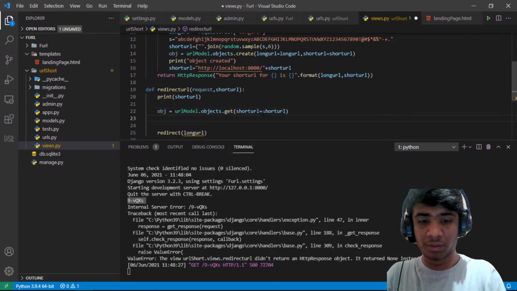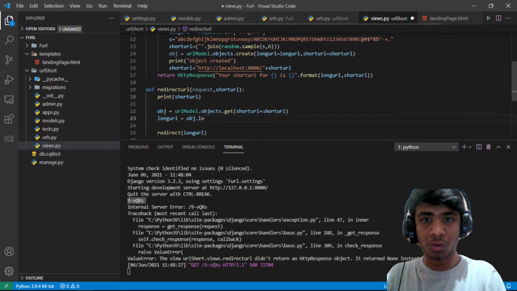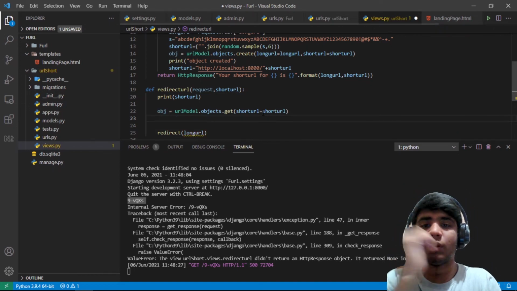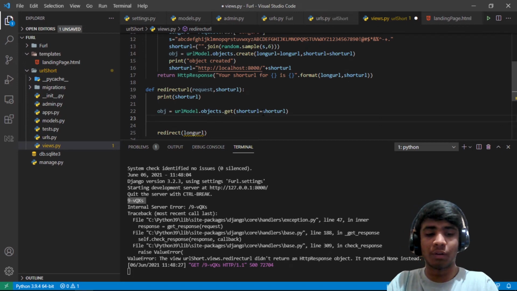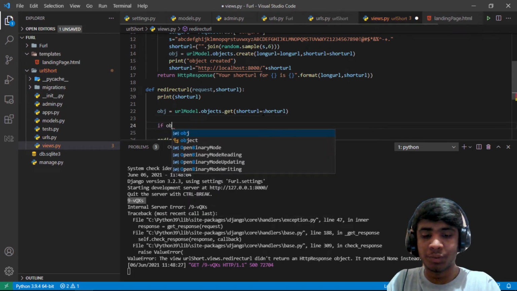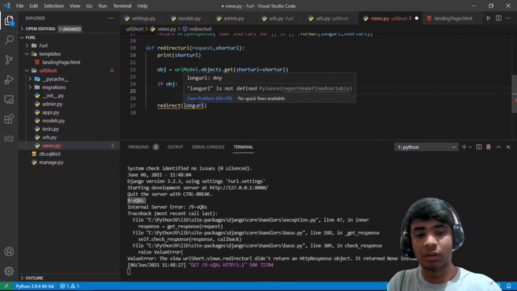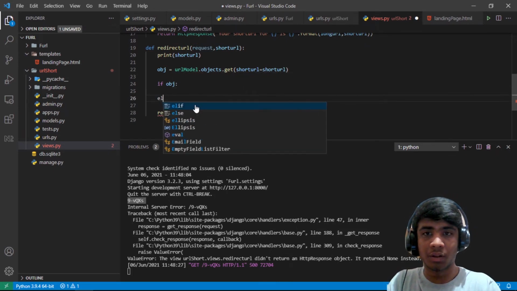So now let's say long URL is equal to object dot long URL. Wait, one thing that we have to do is once we have our object, we have to check if object is not null, right? If object is not null, we are going to perform something else,